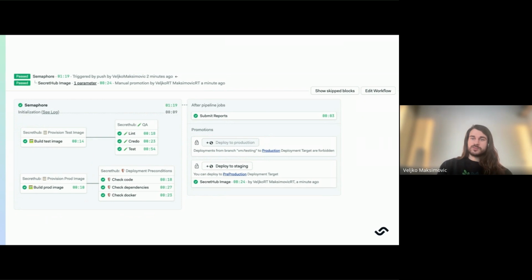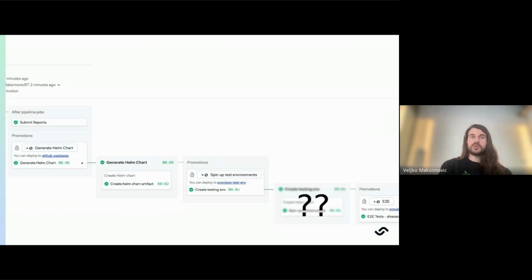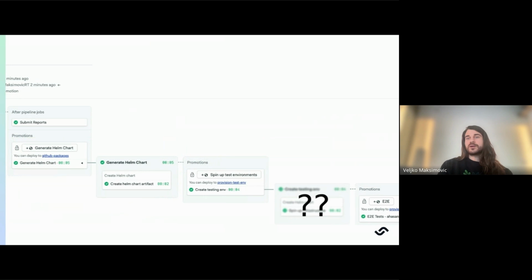The goal was to migrate to something like this. The first part stays the same. Let's zoom into the rest of the pipeline. Now we want to package our app using Helm charts. After that, we want to spin up our test environment, meaning a completely new infrastructure, install the application there, and